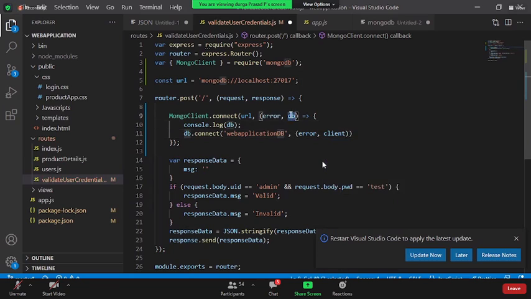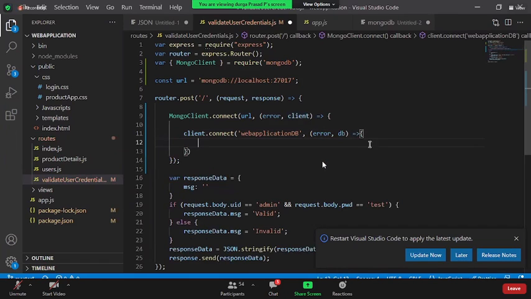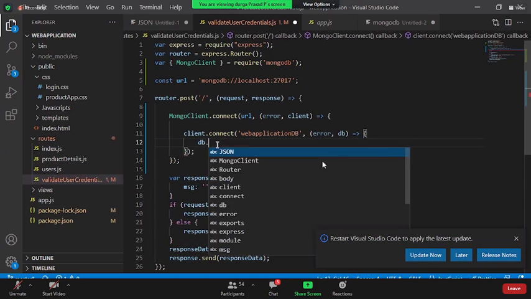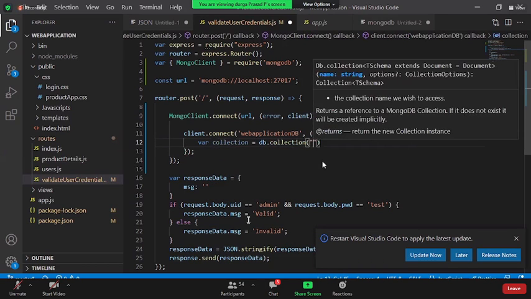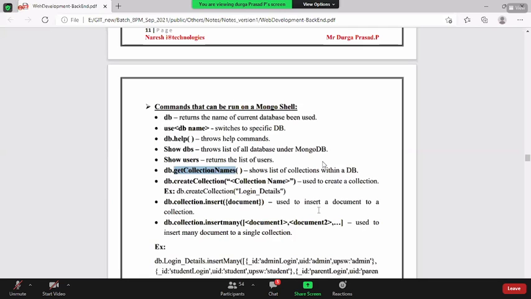Oh, sorry. Here it will be getting the client object. db dot collection equal to db dot collection. What is the collection name we have?